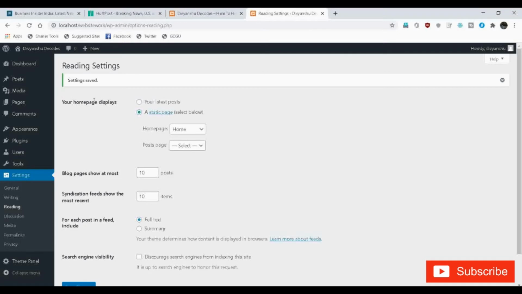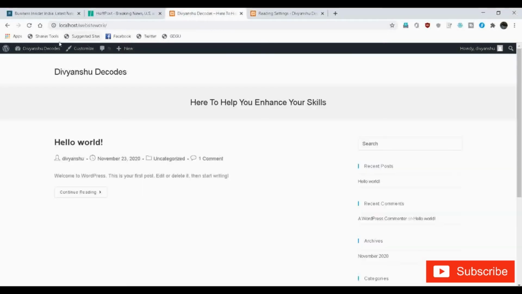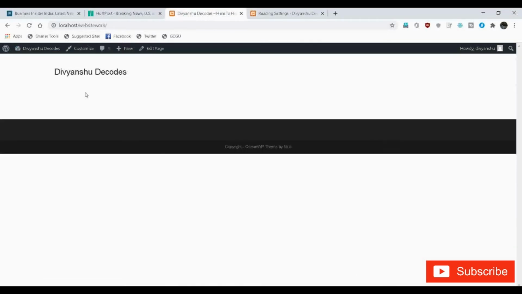Again, come back to the front end of our website and refresh the page. Now you can clearly see that our home page is different than what it was earlier. But now there is nothing on our website. That we did intentionally so that we can customize it the way we want to. As you can see here, the sidebar is removed. That was done intentionally, but the tagline disappeared. That we didn't do. This happened because of the default setting of the OceanWP theme. If you were using a different theme, it might not have been the same case. Still, you want the tagline to show up. So for that, click on Customize.